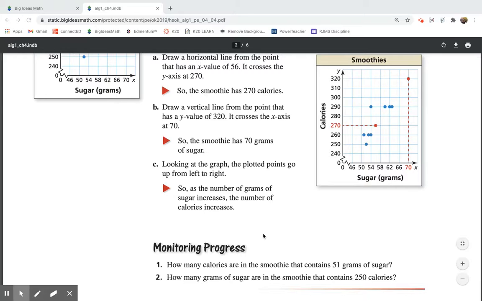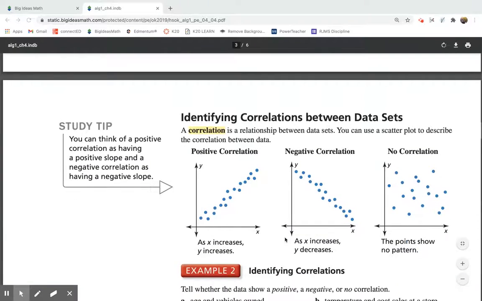Okay, so number 1, how many calories are in the smoothie that contains 51 grams of sugar? If we look, 51, go up, that is 260 calories. Number 2, how many grams of sugar are in the smoothie that contains 250 calories? We find 250, and I would say that is 52. Okay, so now let's look at